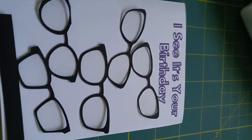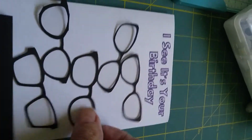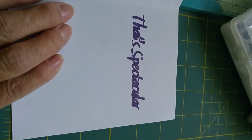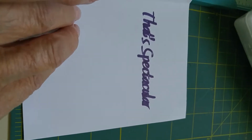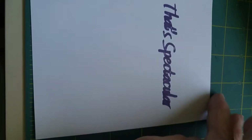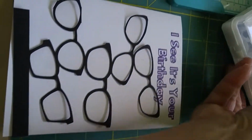Okay, so now I've finished doing the sentiment. I see it's your birthday, and then on the inside of the card I have put that spectacular. So what I also plan to do is take one of the remaining set of glasses and just put it up here on the inside of the card as well. So now that I have the card base and the glasses,